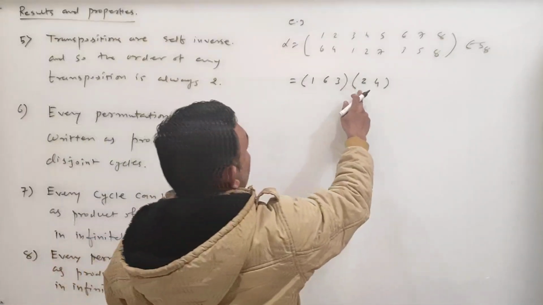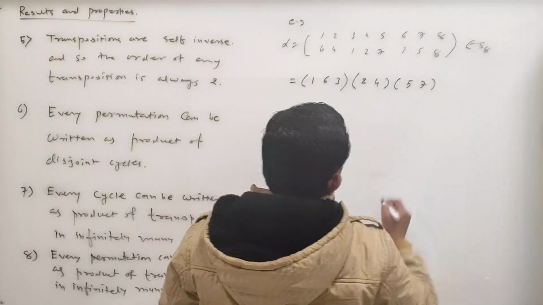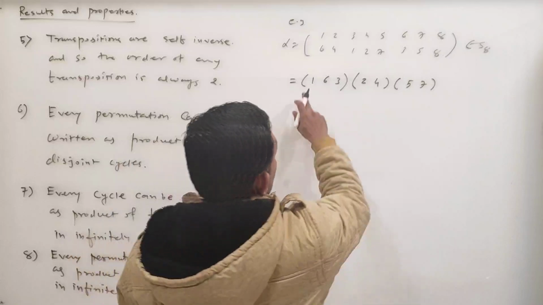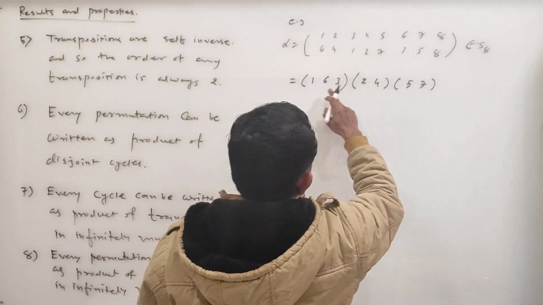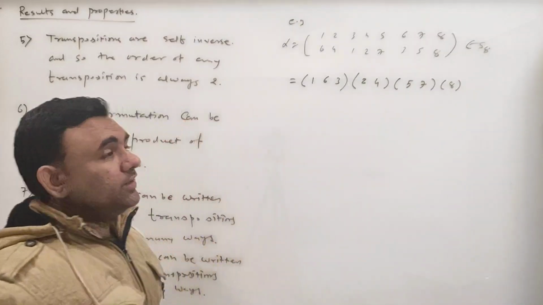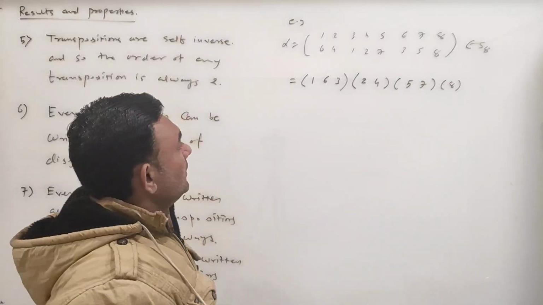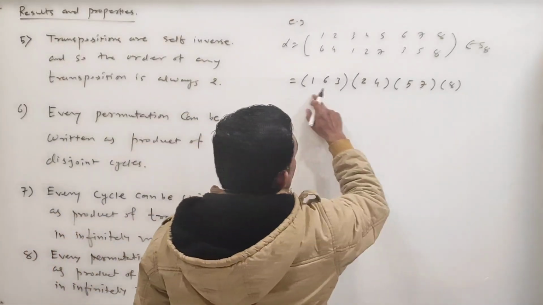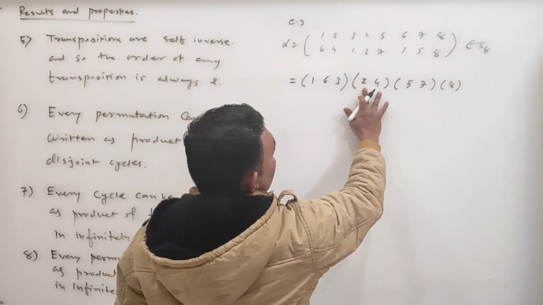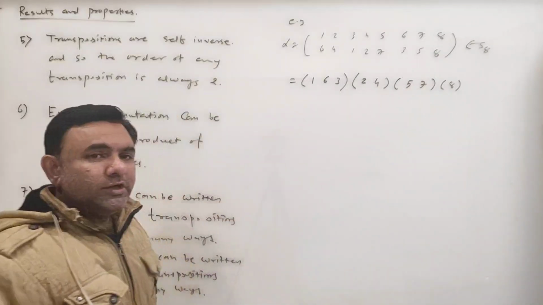Now 5 is not here, so 5 goes to 7, 7 goes to 5. 8 is missing, so 8 goes to 8. So now every symbol is covered. But this is a product of disjoint cycles। इस साइकिल में जो सिंबल है वो यहाँ पर नहीं है, वो यहाँ पर है, मतलब दे आर म्यूचुअली डिसजॉइंट साइकिल।